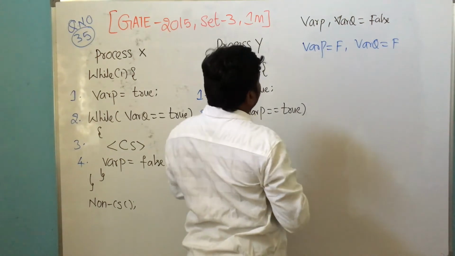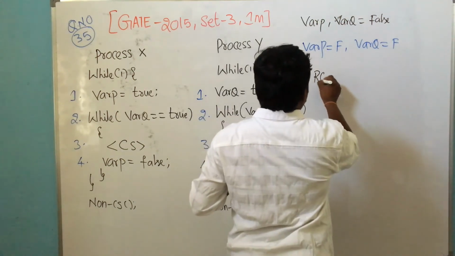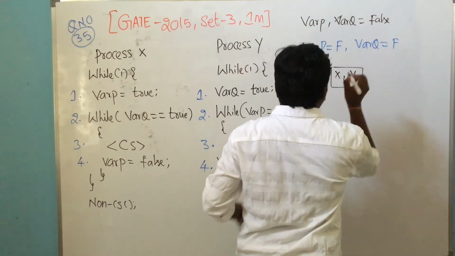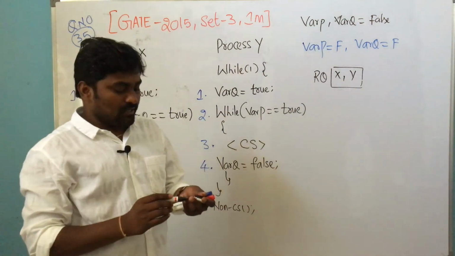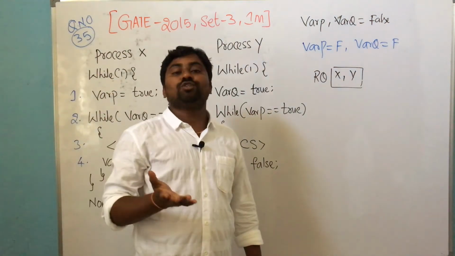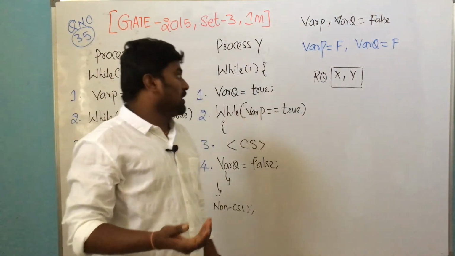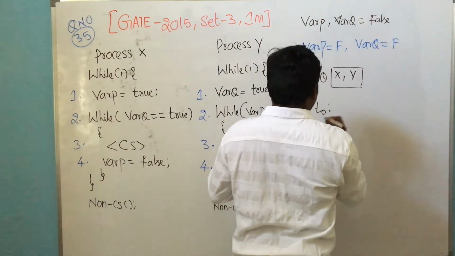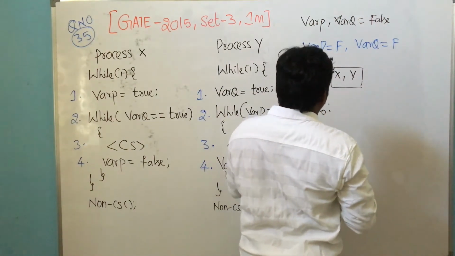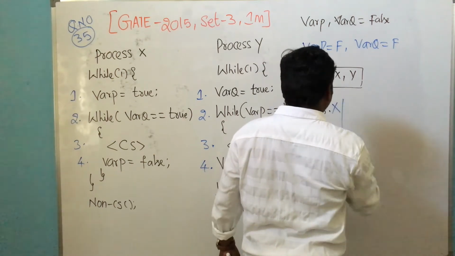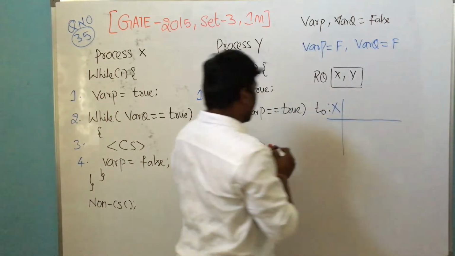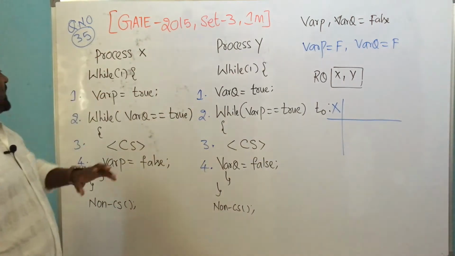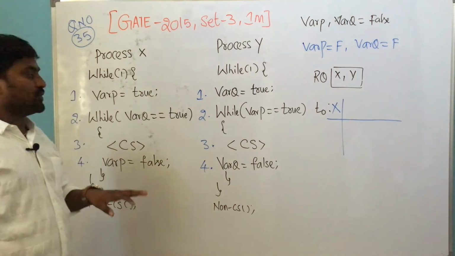This is a typical concurrent environment, so the ready queue has two processes, X and Y. The environment, you understand, is a time sharing system, that is preemptive and multi-programmed. Please do understand. Now time 0. One of the processes can start executing this code. Let's take X started first. Both processes X and Y are trying to access the critical section.